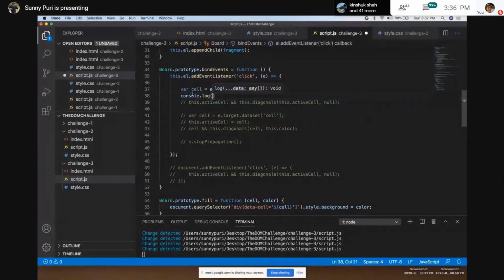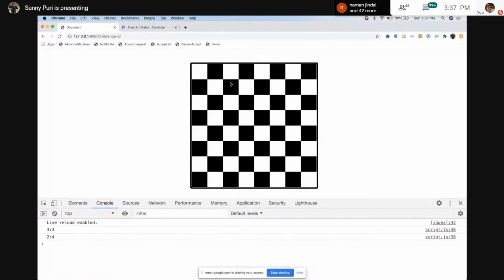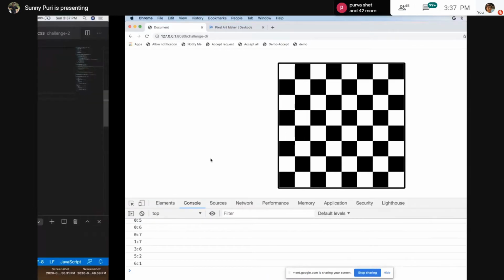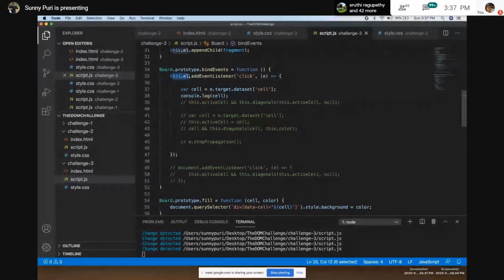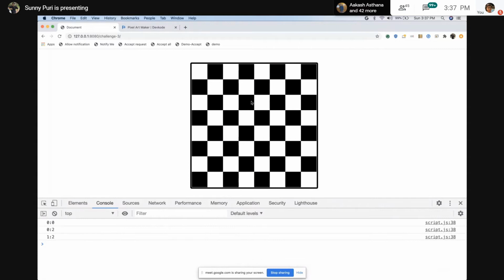The first step is we need to find out in which cell we are clicking. Let's move to the demo. If I'm clicking here, I'm getting 3,3. This is clear. We have attached the click event to the element. If you observe, only if we are clicking inside the bold, then we get it. If I'm clicking outside, the event listener is not triggering. When I'm clicking inside the bold, then only I'm getting the values of which cell I have clicked.